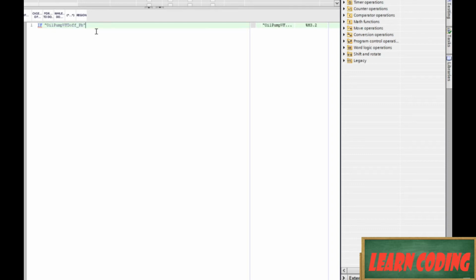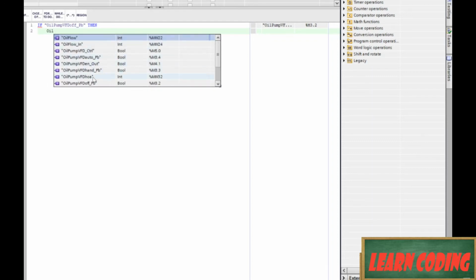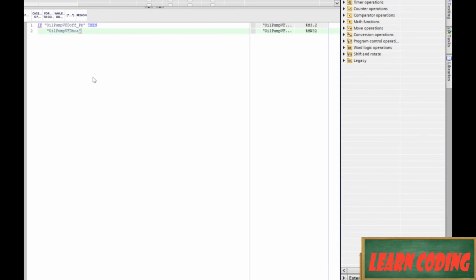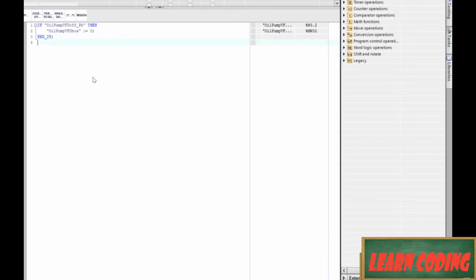Here we go. Off push button. Then, and here's where we're going to set that value. So oil pump HOA := 0; END_IF;